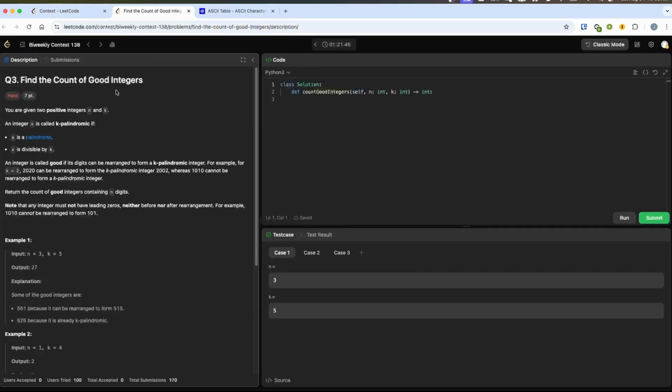Find the Number of Good Integers. We got a hard. Alright, let me read through this. So we're given two positive integers n and k. An integer x is called k-palindromic if x is a palindrome and x is divisible by k. Okay. An integer is called good if its digits can be rearranged to form a k-palindromic integer. So for example, for k equals 2,